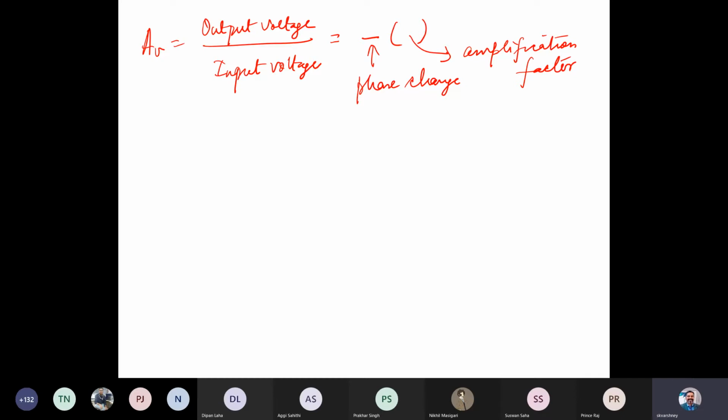So also I think I already talked about the Q point. I think we did some example also yesterday about the Q point. So the important point here is that we must keep the transistor in the forward active mode always, and establish a Q point near the center of the load line. So this is the middle of the load line, so it is always preferred, so that in case of any variation, we make sure that it should be in the center of the load line.